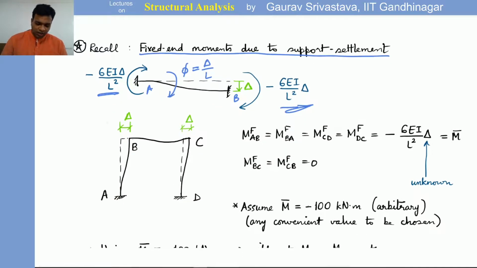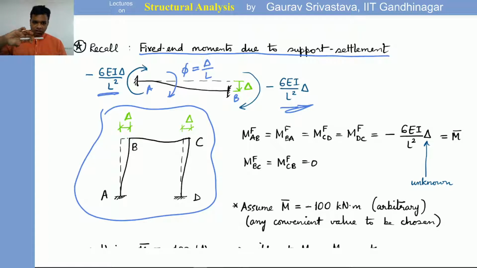Now we have a system where the columns AB and CD are going clockwise due to this delta. Delta is to the right, and hence AB and CD have a clockwise rotation sense. In this case, these rotation magnitudes are also equal because the deltas are the same and the lengths L are the same. So in order to balance that unbalanced force of 1.84, we have to induce this unknown delta. And to consider the effect of this induced unknown delta,